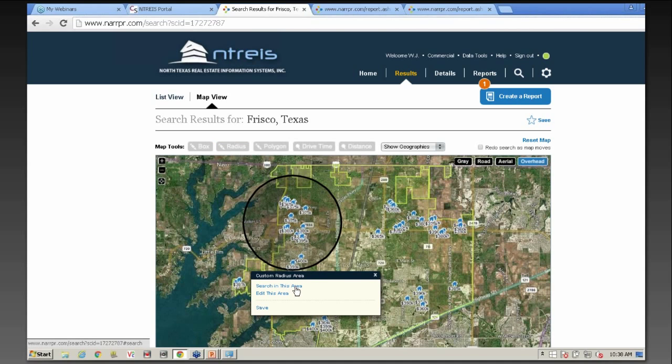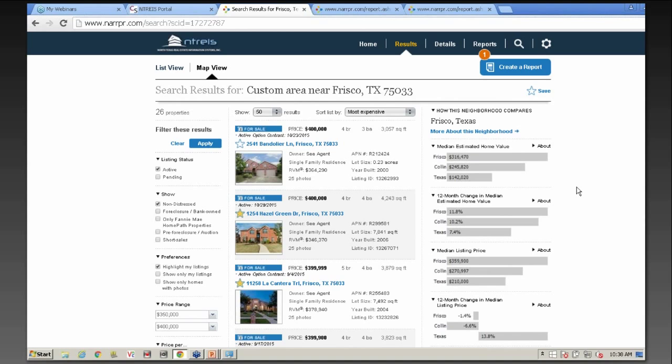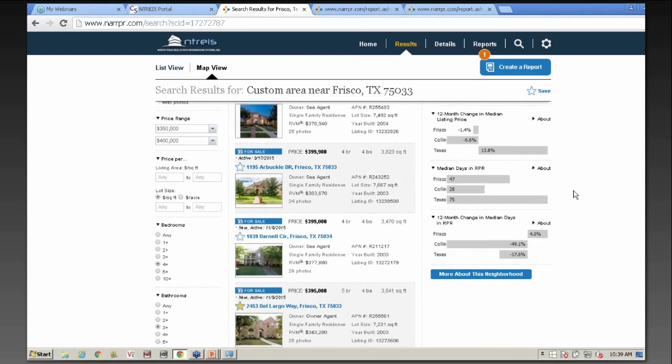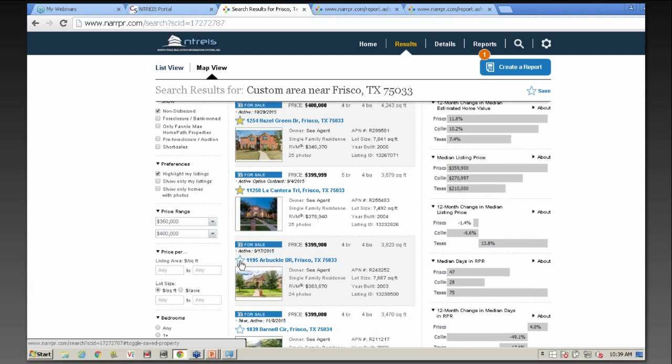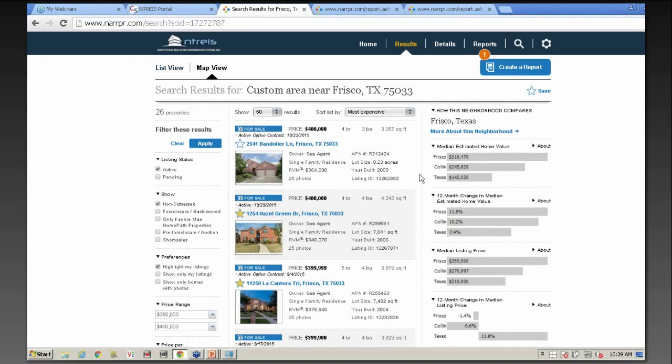When I release it, I can tell it search in this area, and it's only going to show me the homes that are in that area there. Then when I scroll down, I can see the listings that are for sale in that search area. And if I want to show them some, I can put a little gold star, meaning saving it as a favorite. I'm adding it as a favorite there. So I would go through and find the homes that I want to show this client this afternoon or tomorrow and put a check mark there so that when I go and I'm out in the field with my client,